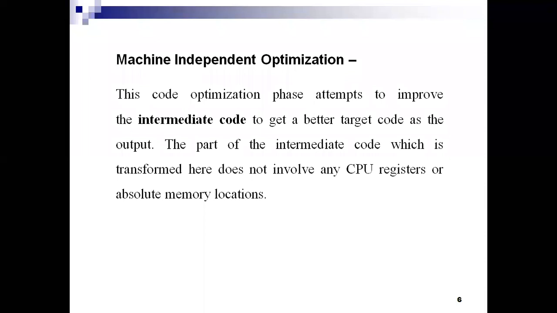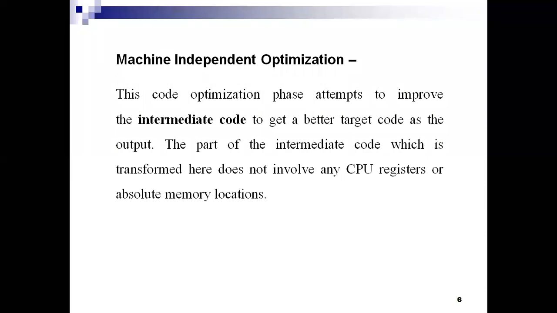But here the machine independent optimization is based on the characteristics of the programming languages. Make a note of this. Based on the characteristics of the programming languages, the machine independent optimization takes place for appropriate programming structures and usage of efficient arithmetic properties in order to reduce the execution time.